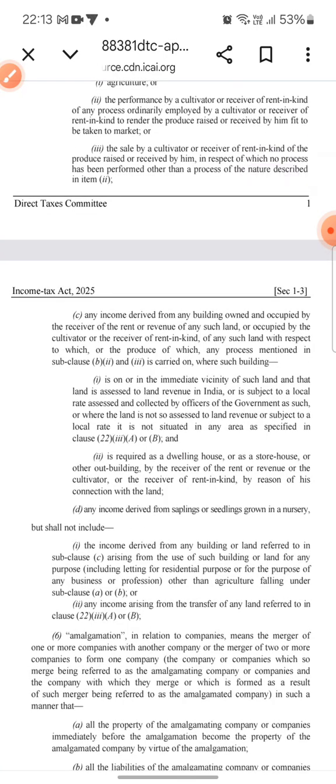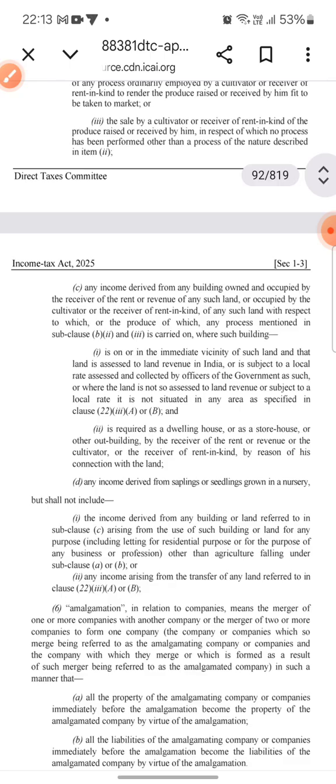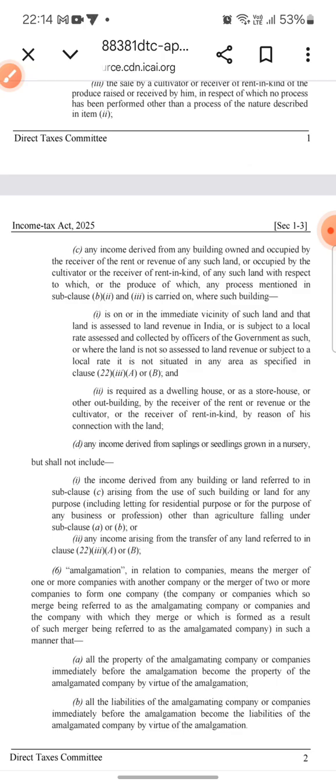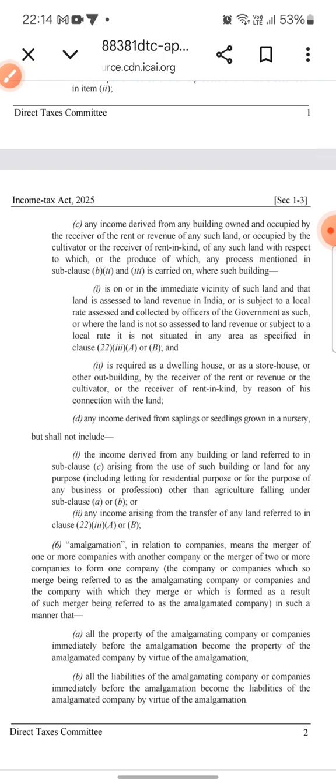Income derived from any building owned or occupied by the receiver of the rent or revenue of any such land, or occupied by the cultivator or the receiver of the rent in kind of any such land, with respect to which the produce of which any process mentioned in subclause B2 or 3 is carried on, where such building is on the immediate vicinity of such land, and that land is assessed to land revenue in India or is subject to the local rate assessed and collected by the officer of the government as such, or where the land is not so assessed to land revenue or subject to local rate, it is not situated in any area as specified in clause 22 subclause 3 A and B, and the land is required as a dwelling house or as a